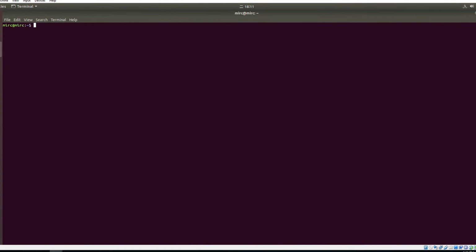So let's check some flags of Docker. I will introduce some flags which are very useful when you are working with Docker. First of all, you can see we have sudo docker ps. This command shows you the containers which are running on our machine, but currently we don't have any container running on our machine. If you want to see the running and the exited containers, you can just put -a in front of this